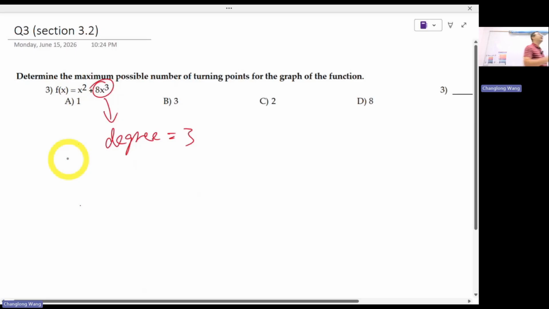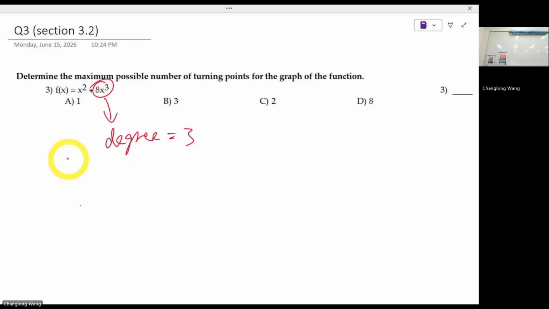You see here, x squared is a term, and 8 times x to the third is a term. How do you know if it's a factor or a term? Terms are the parts in a polynomial that get separated by addition or subtraction. If these things add up, they're terms, so you go with the leading term, and whatever power the leading term has is the degree of the polynomial. In this case, degree 3, therefore at most you get 2 turning points. It's as simple as remembering that fact. Anyway, so now